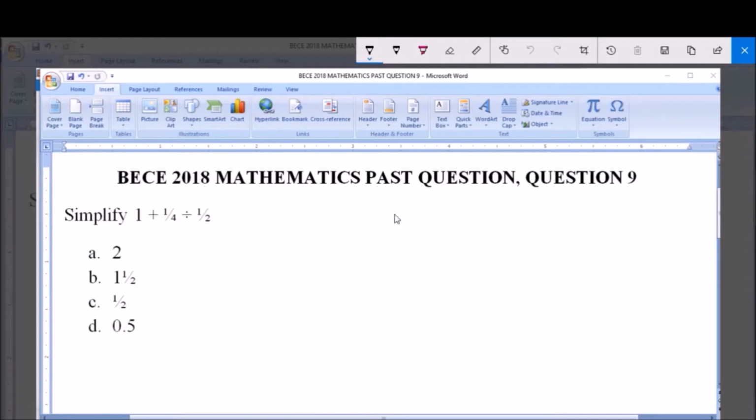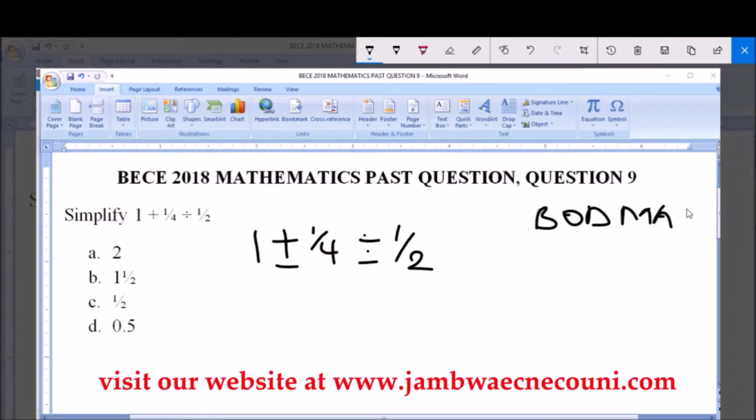The question says simplify 1 plus 1 over 4 divided by 1 over 2. Now we have addition and we have division. Which do we start with? There's a law governing simplification in arithmetic, and this law is BODMAS. And this says the brackets,